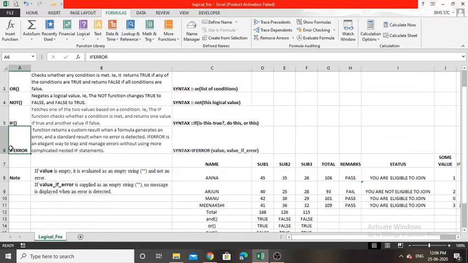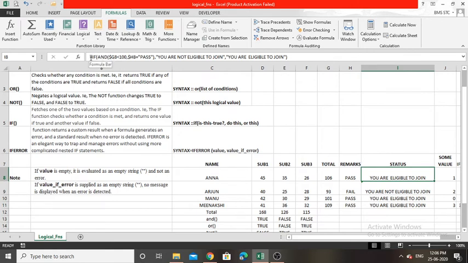What about the last one? IFERROR. Before that, I can also nest these AND, OR, NOT logical functions along with IF. This column named status is nesting a logical function within a logical function. You can see the formula in the formula bar. Here I am nesting the AND logical function in another logical function, IF. You know the syntax of AND and you know the syntax of IF also.